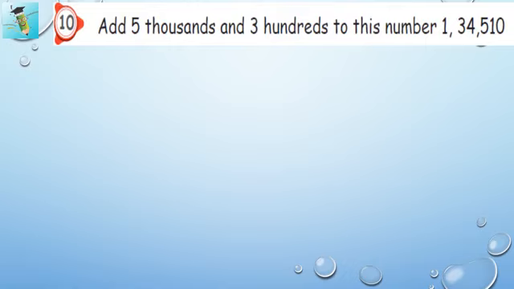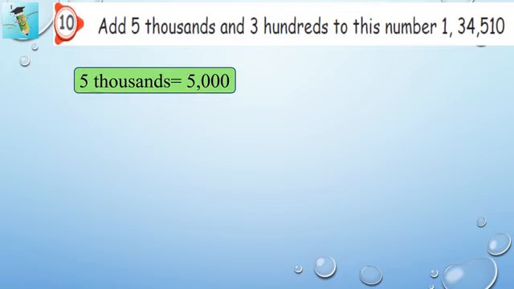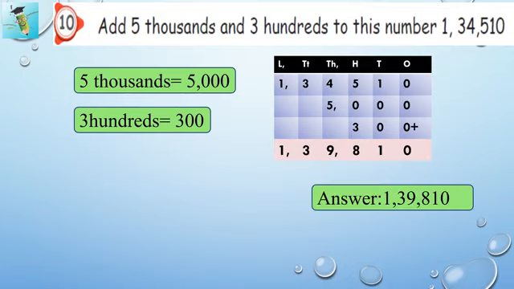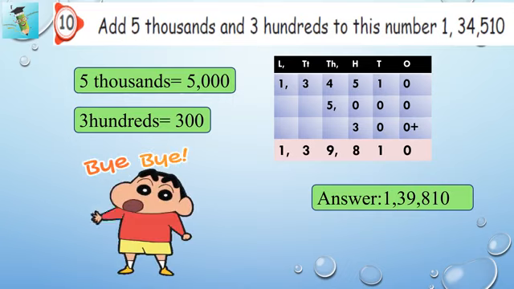10th sum, add 5,300 to this number. So we are going to add 5,300 to the number given at the end, okay? For that we need to write that number and also 300 in numerals. Then in that sheet we are going to enter them with the proper place values so that we can get the exact answer, and this is the answer. Okay, just try this and check your answers from here.